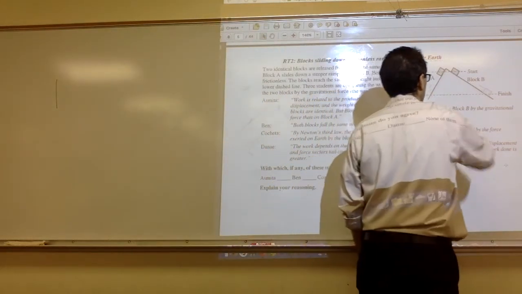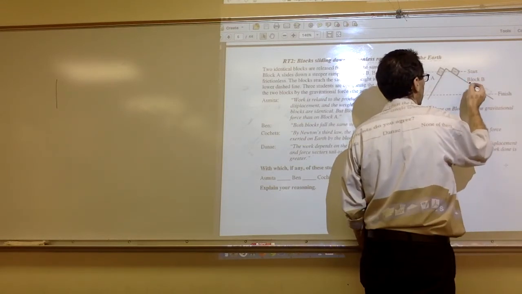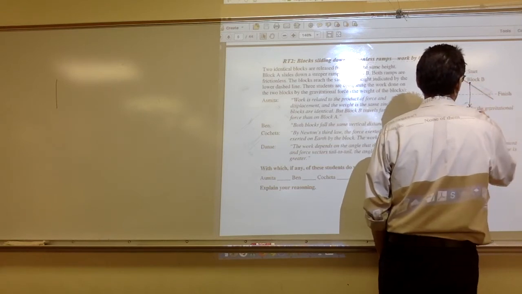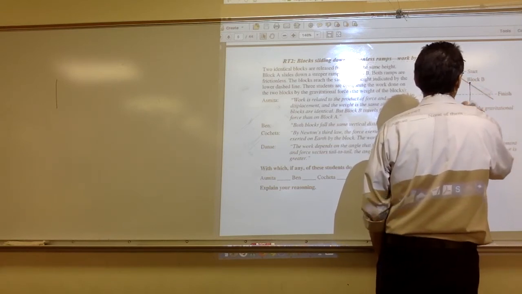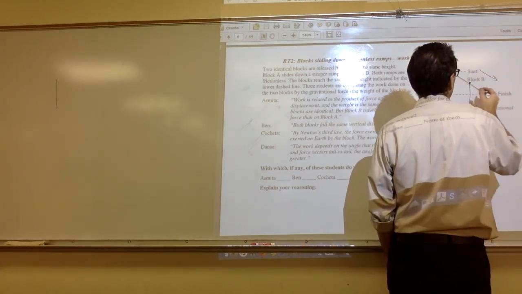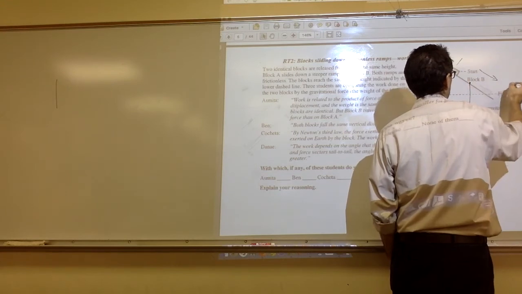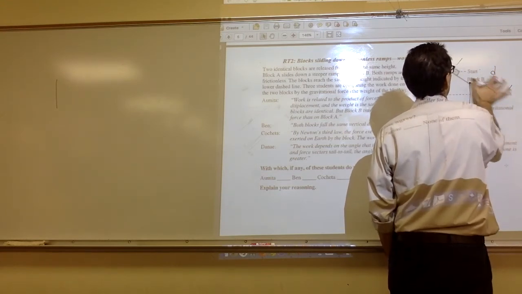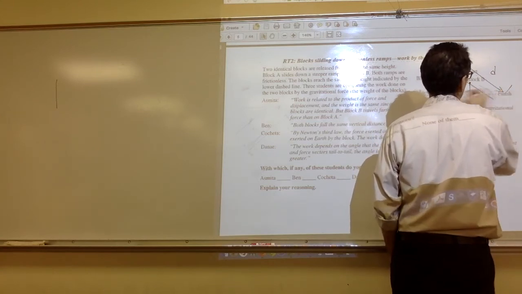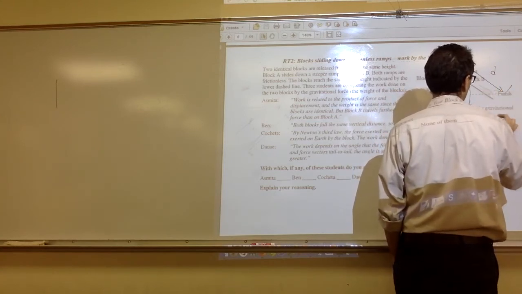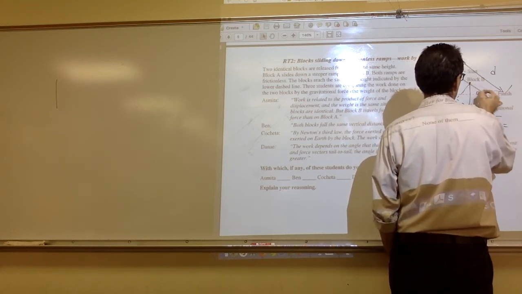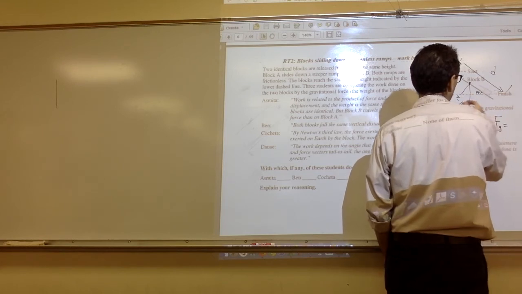So quickly, I'm going to do it on this side. If the block is here, there is an mg acting on it downward, and the block is moving down. So let's just say it moves a distance d from here to here. This is the direction of travel. If I want to find the work done by gravity, let's call this angle here theta. It's just going to be this component, the mg